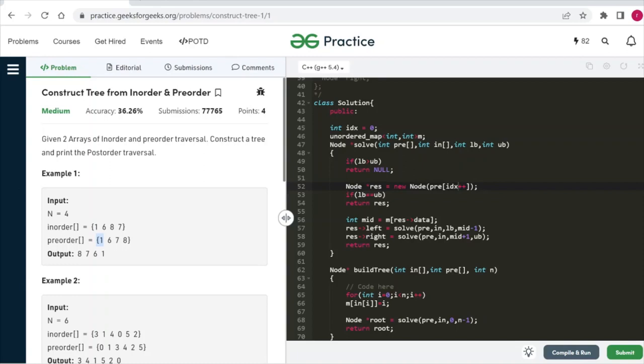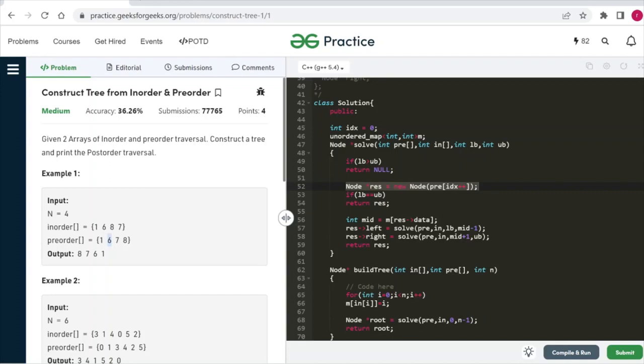So we have to create a node from it. This line is basically creating the node from the pre-order array. The first element will be considered as the root node. And we do idx++ so that next time when we call the same line, it will create the node for the next element in the given pre-order array.